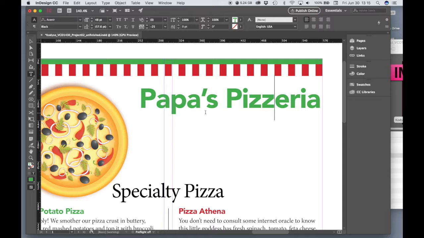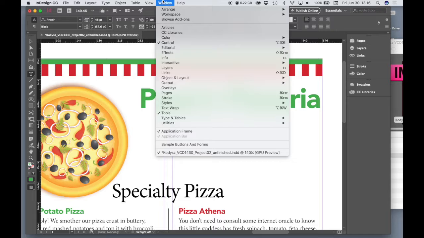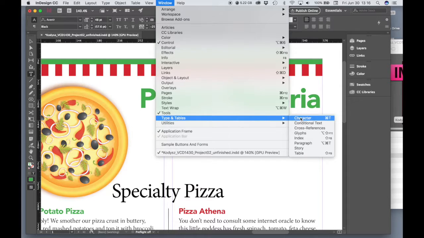And we don't want to just type the name of our restaurant in. Now, I already had a color and my font Avenir selected, but you want to adjust some of the settings, such as the kerning and tracking and leading. So let's bring out our character window,